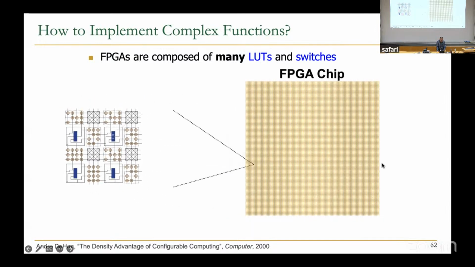Yeah, this, for example, is an FPGA chip, and this small dot is actually this, for example. So you have a lot of these, and then you need to basically combine all these LUTs to create a bigger function. For example, if you have 3 input LUTs, and your function is 4 input, you can think of how many 3 input LUTs you need to use in order to make a 4 input function. Think about it.